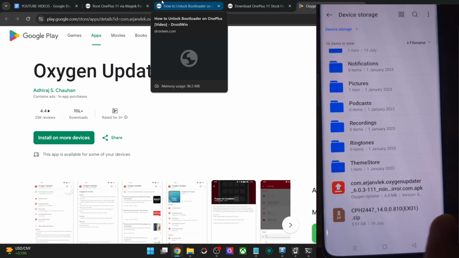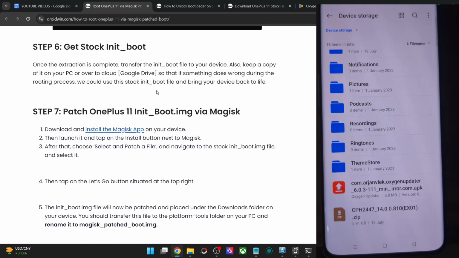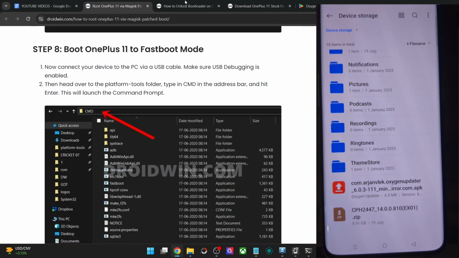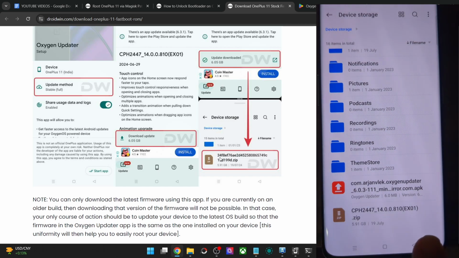It will be randomly named, or it should be named as CPH. I have done the renaming in my case, but in your case the file will be something along the following lines. Let me show you once. So it should be something randomly named in alphanumeric characters. That's well and good. So simply get hold of the firmware file, the latest file. Once you have got the file, let's now proceed ahead.